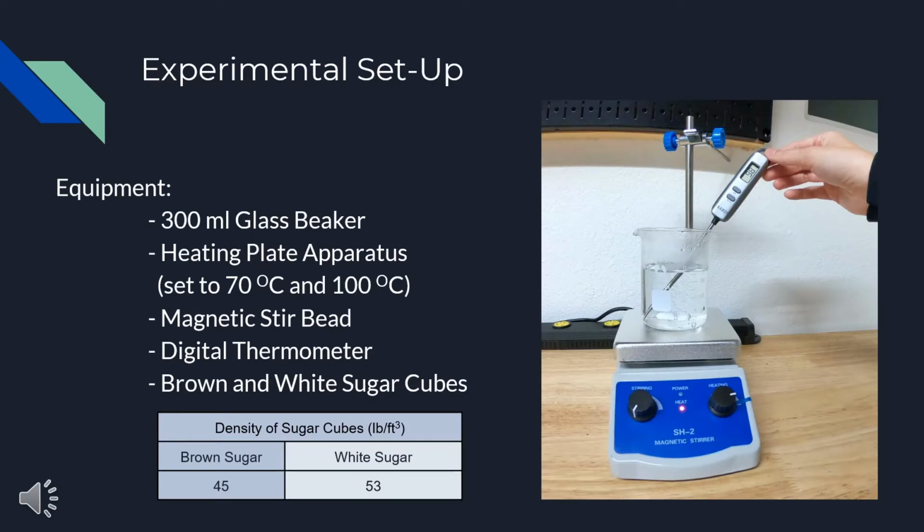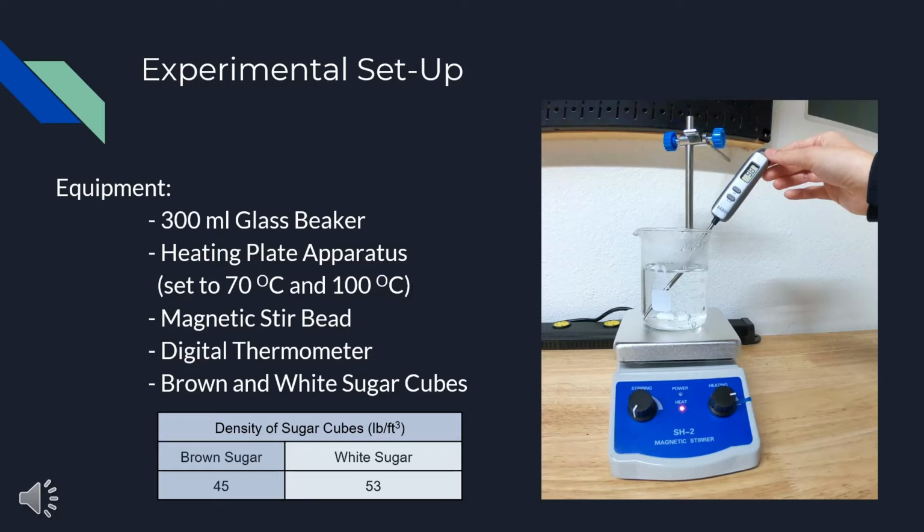The main focus of this experimental procedure is to capture the rate at which the sugar will dissolve based on the input parameters. To ensure a consistent process, the weight of the sugar for each test was 3.6 grams, the height of the apparatus was 8 inches, and the volume of water used was 200 milliliters. We used a heating plate apparatus to maintain constant water temperature throughout the experiment. We also used a magnetic stir bead to conduct the agitation test and a digital thermometer to capture the water temperature. We used two different types of sugars, brown sugar and white sugar. It can be observed that brown sugar has a higher density than white sugar,